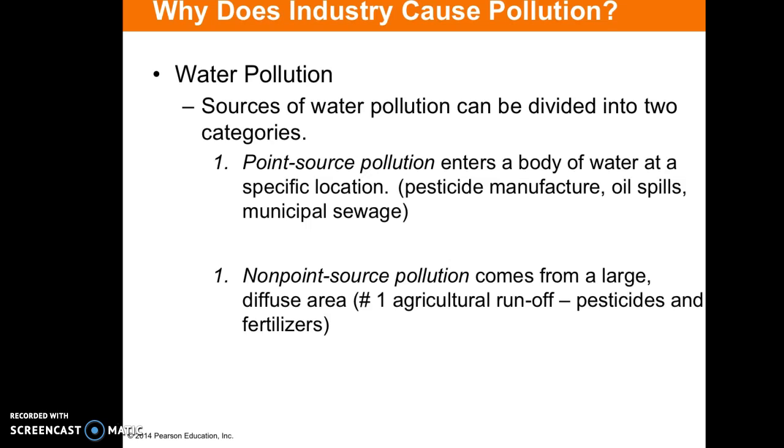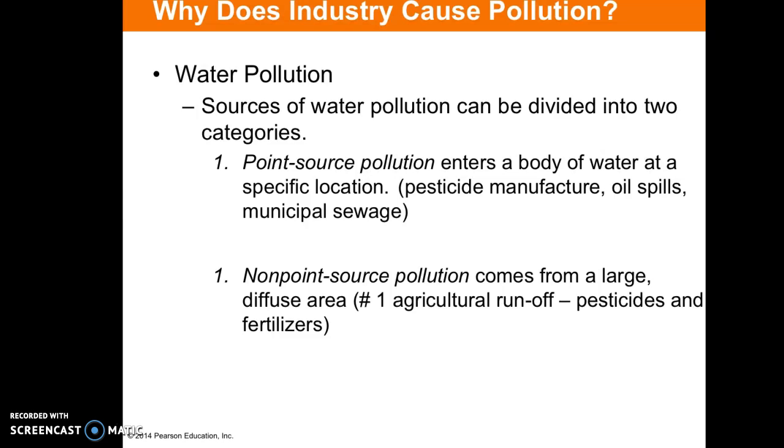So let's talk about water pollution. Water pollution can be divided into two primary categories. Point source pollution. Point source pollution enters a body of water at a specific location. So, for example, if you were a factory that was making pesticides and you had a leak or you were dumping waste into a river, that would be point source pollution because we could point to exactly where the waste